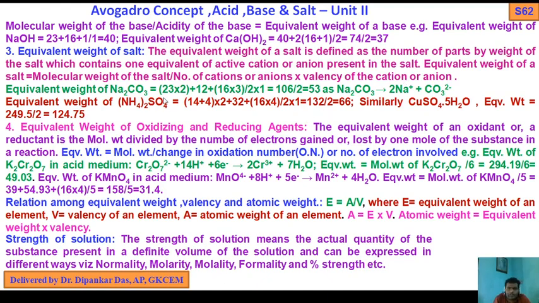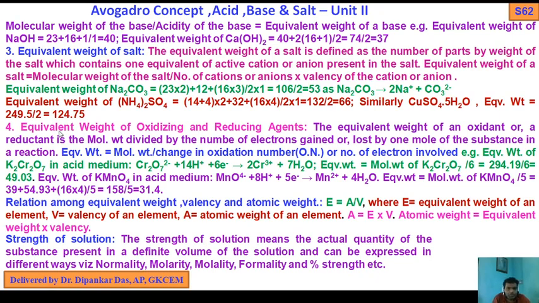Similarly, equivalent weight of sodium carbonate is 23 times 2 plus 12 for carbon plus 16 into 3 for oxygen, divided by 2 into 1. The number of cations is twice, Na plus and CO3 2 minus, so 2 into 1, since valency is 1. That's why 53, as sodium carbonate is twice Na plus CO3 2 minus. Similarly, equivalent weight of ammonium sulfate, 132 by 2, that is 66. Similarly, copper sulfate, 120 into 4.75. In this way you can find out the equivalent weight of a salt.